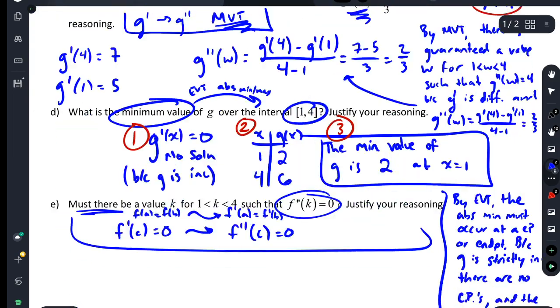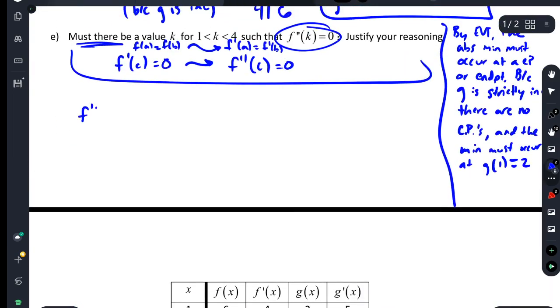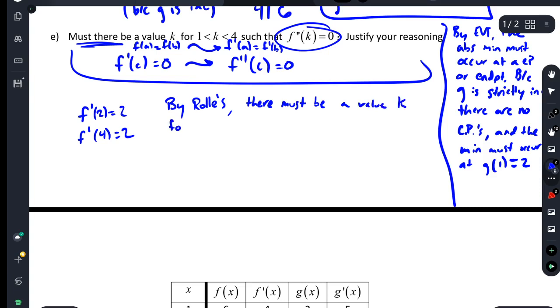So I'm going to write f prime of 2 equals 2, and f prime of 4 equals 2. That's what I want to make sure to write down. And then I would say, by Rolle's, there must be, just copy their wording, a value k for 1 less than k less than 4, such that f double prime of k equals 0, right? Because,